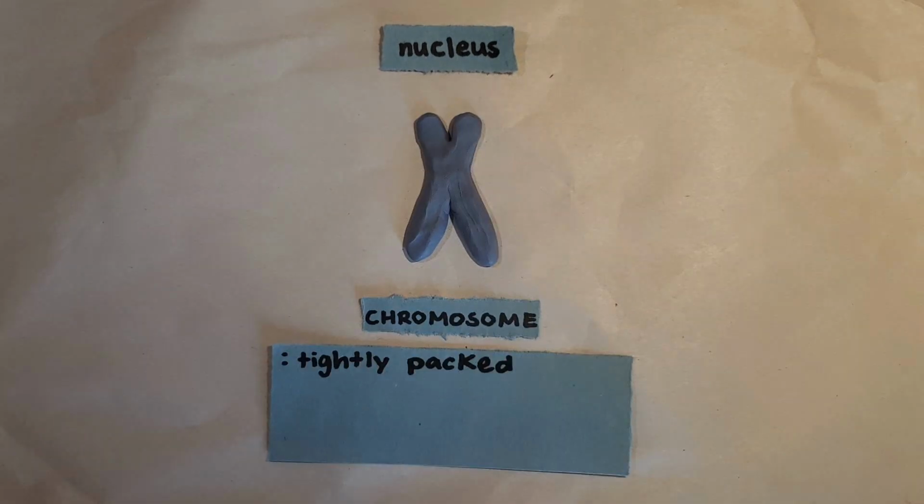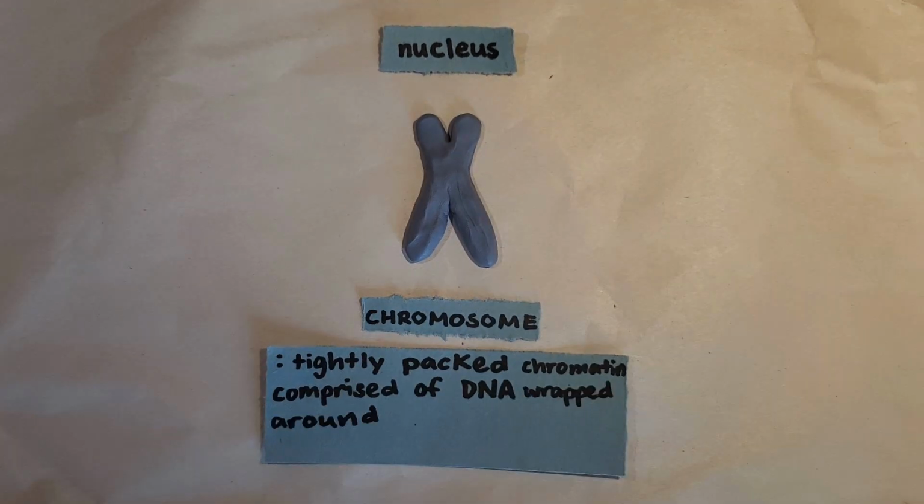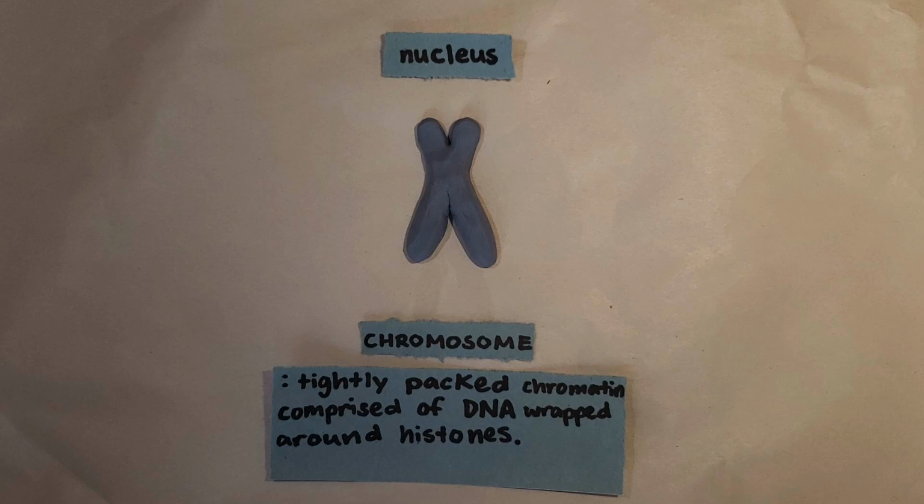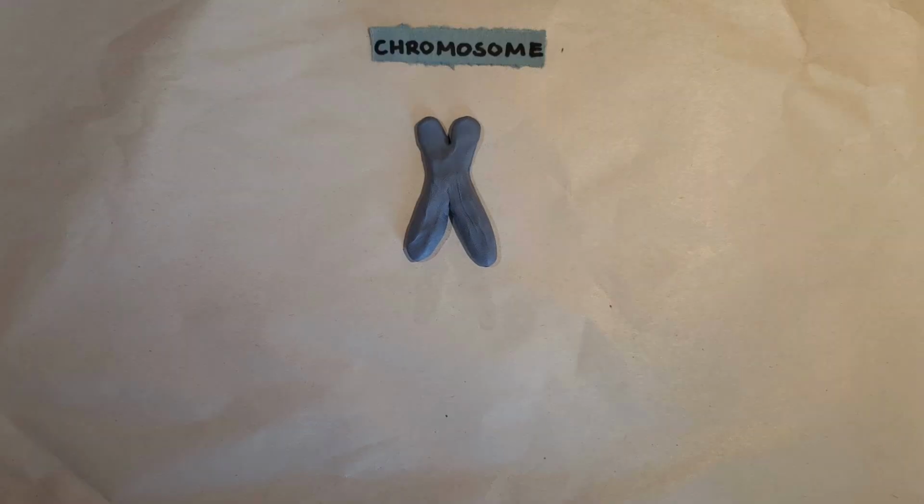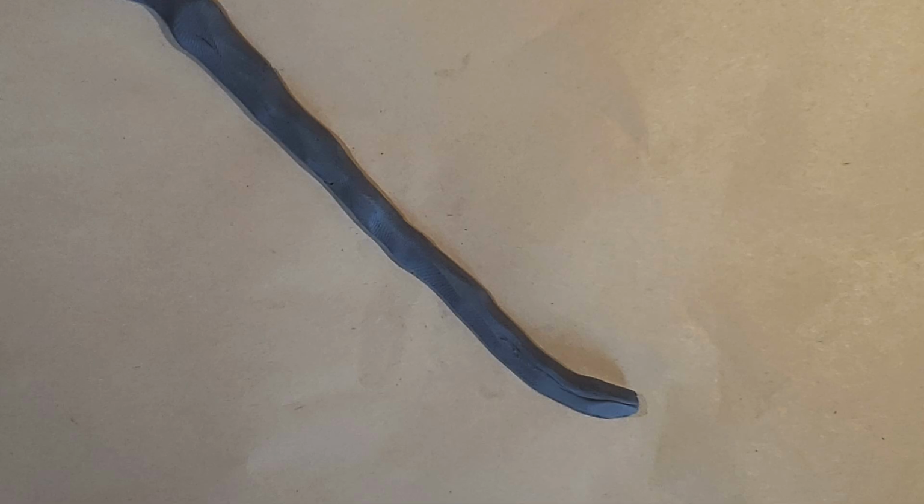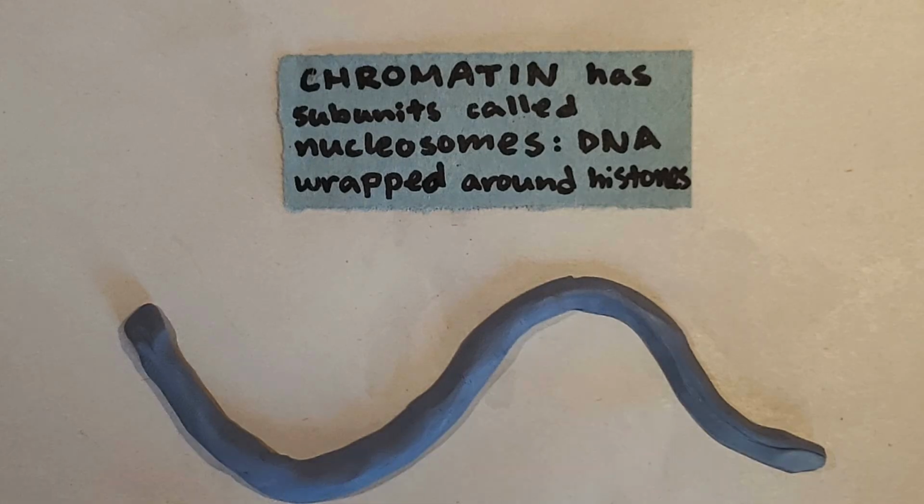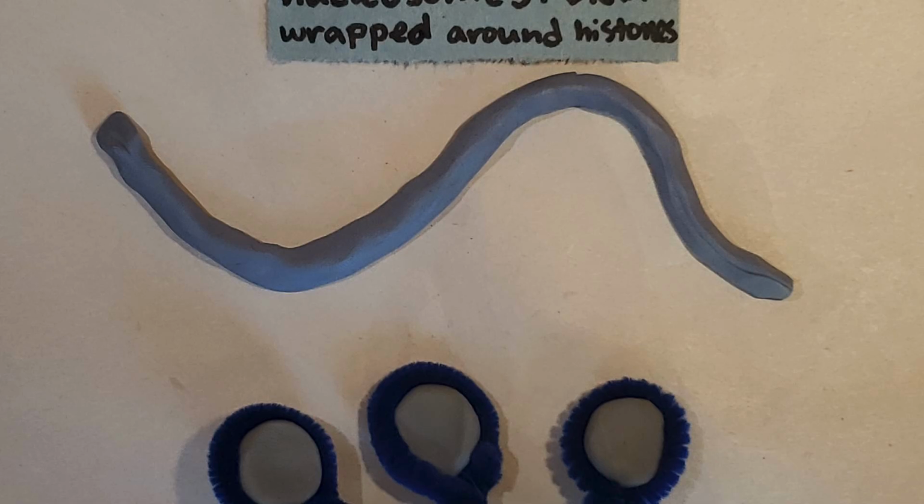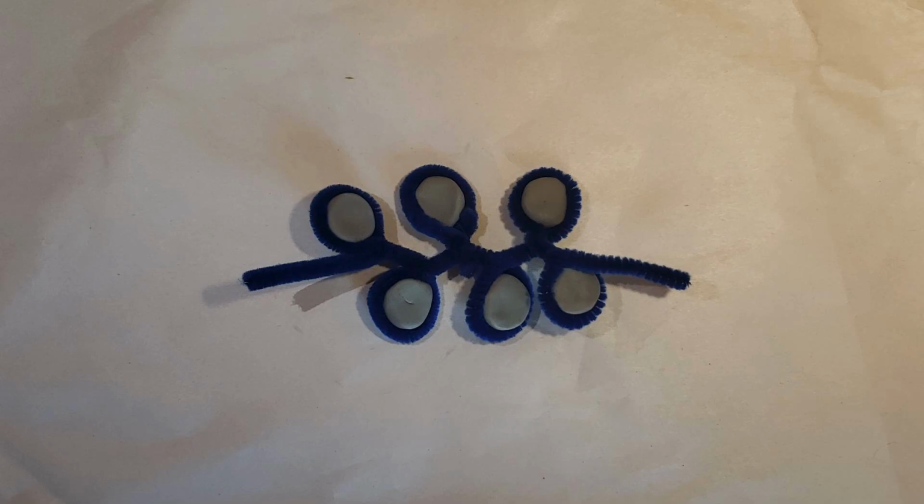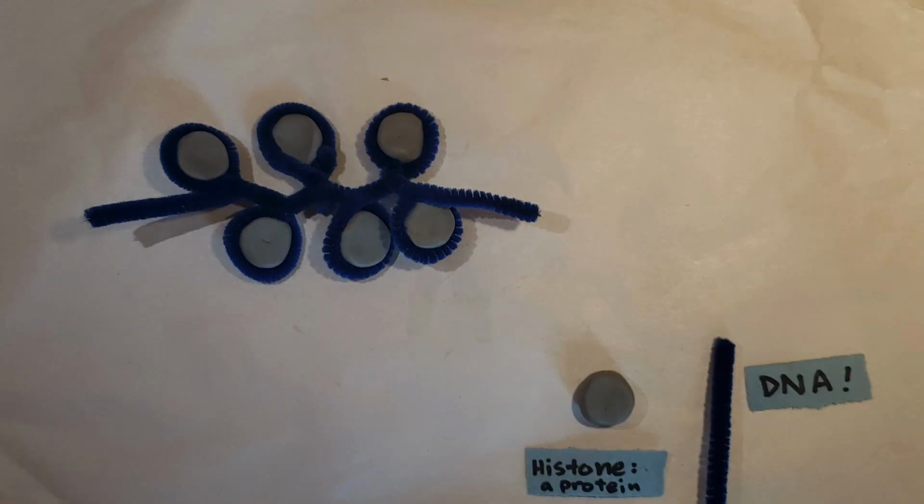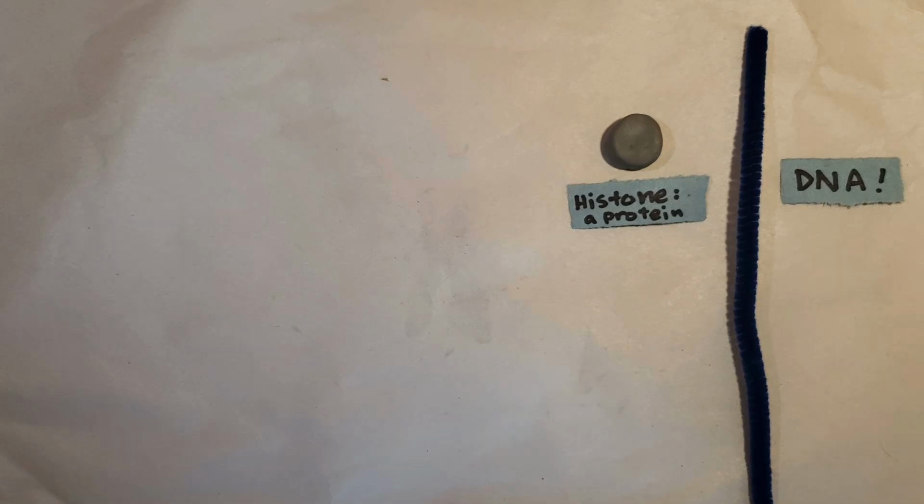Tightly packed chromatin comprised of DNA wrapped around histones. Each chromosome is huge, with the biggest in humans having 249 million base pairs. So let's look at a smaller section for more detail. Chromosomes are made of chromatin and have subunits called nucleosomes, DNA wrapped around histones. One way to think about it is that chromatin is made of beads, or histone proteins, wrapped around a string